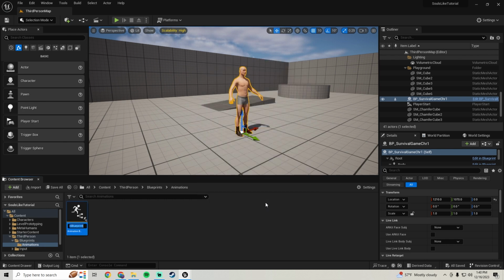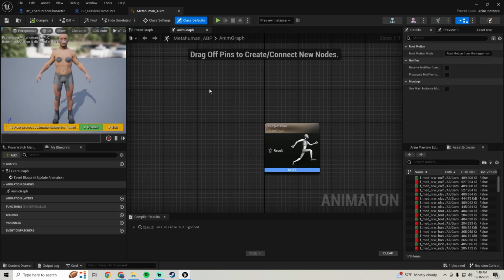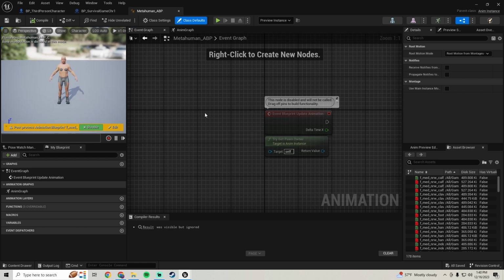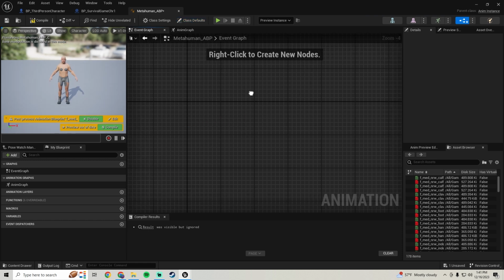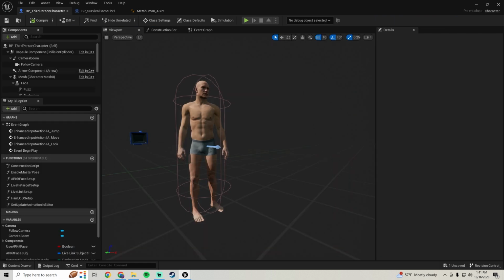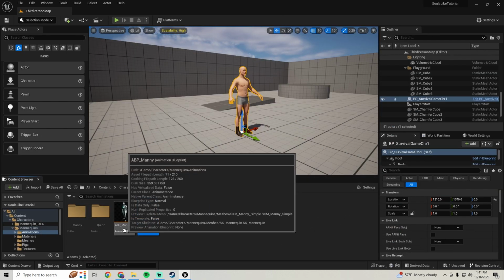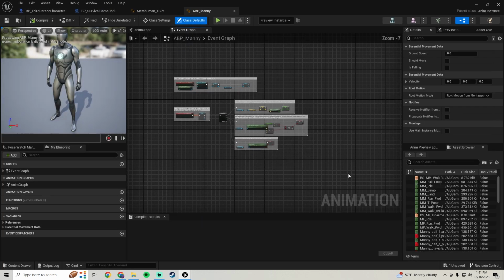We're gonna call this Metahuman_ABP, and we'll open that guy up, and we're gonna go into the event graph first. And all we're gonna do in the event graph, let's just delete that. We're gonna hop over here into the third person character. We're gonna go to the mesh, and over here where it says anim class, we're just gonna hit the magnifying glass. Then we're gonna open the ABP Manny, and we're just gonna copy all of this